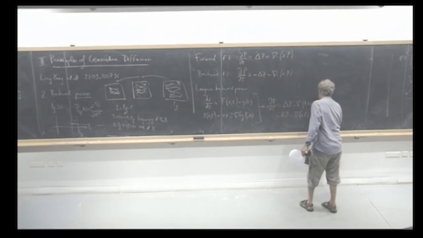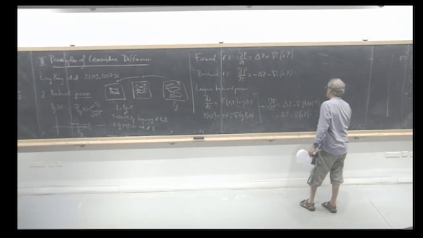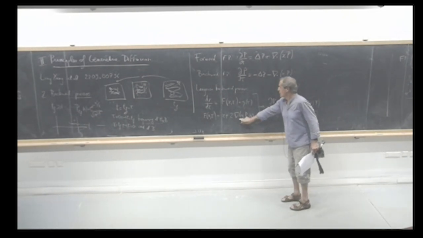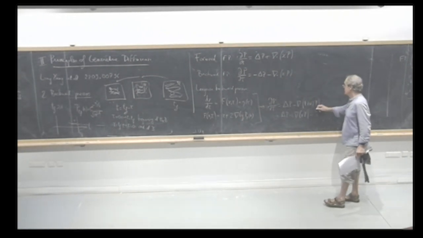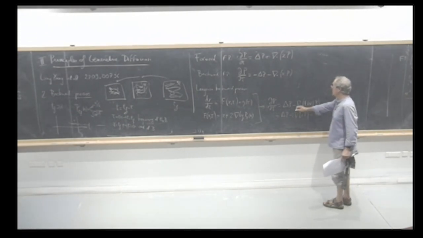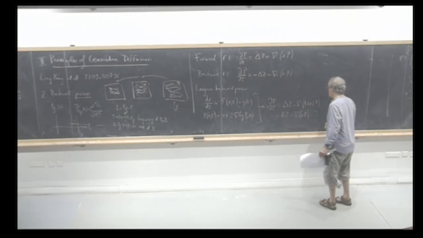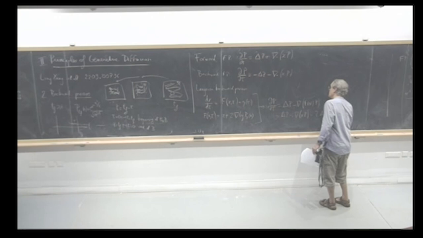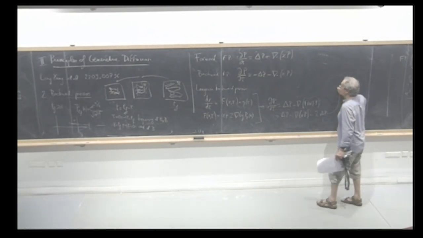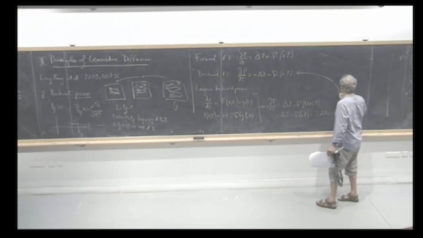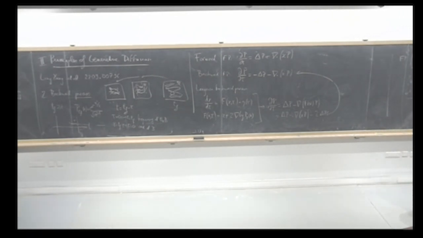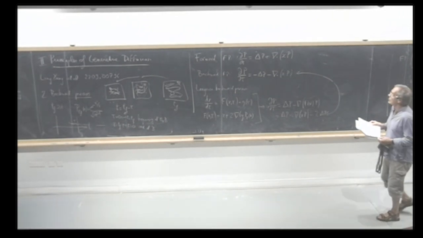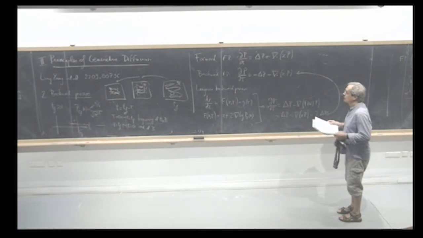And then I will have minus 2. And I use the fact that gradient of log p is gradient of p over p. Gradient of p over p multiplied by p is gradient of p. Divergence of gradient of p gives me a Laplacian. So I get minus 2 Laplacian of p. And this is equal to that. Okay, so this is what Eric was showing you yesterday.